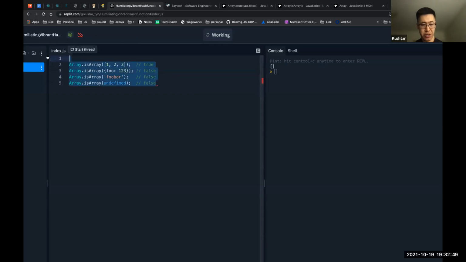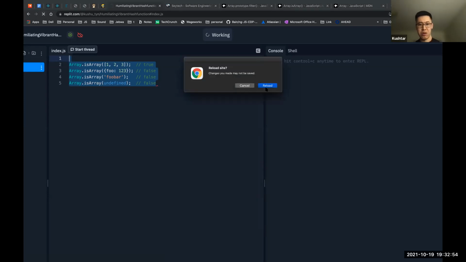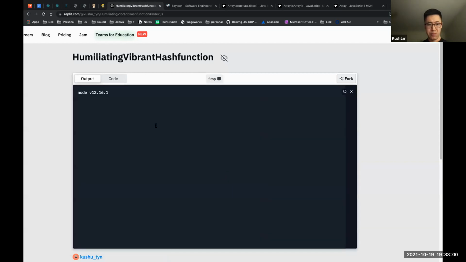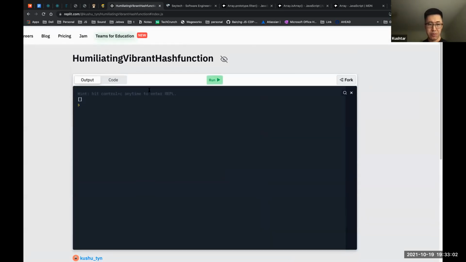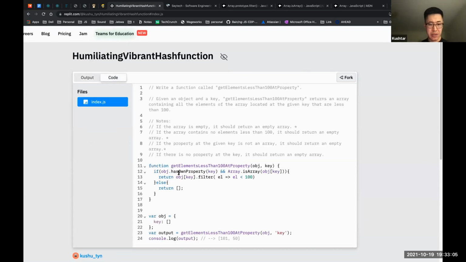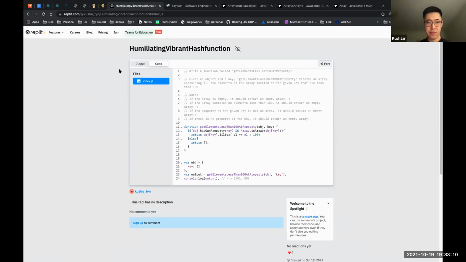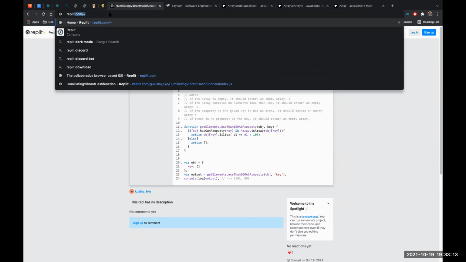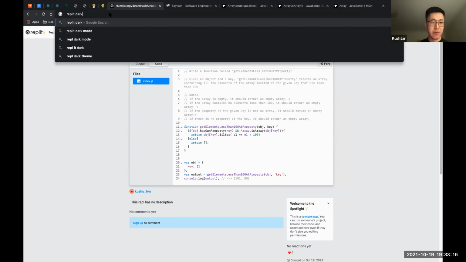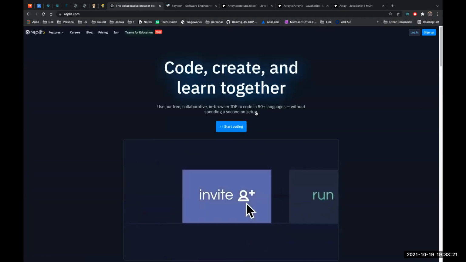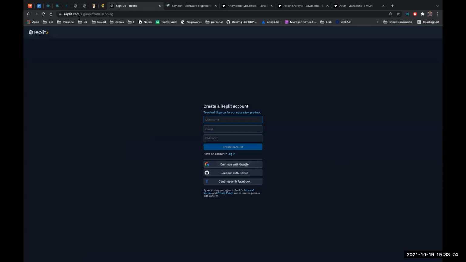So let me just refresh this page. What if we have an array inside the object? Yeah, we will try that. Come on, why is it giving us